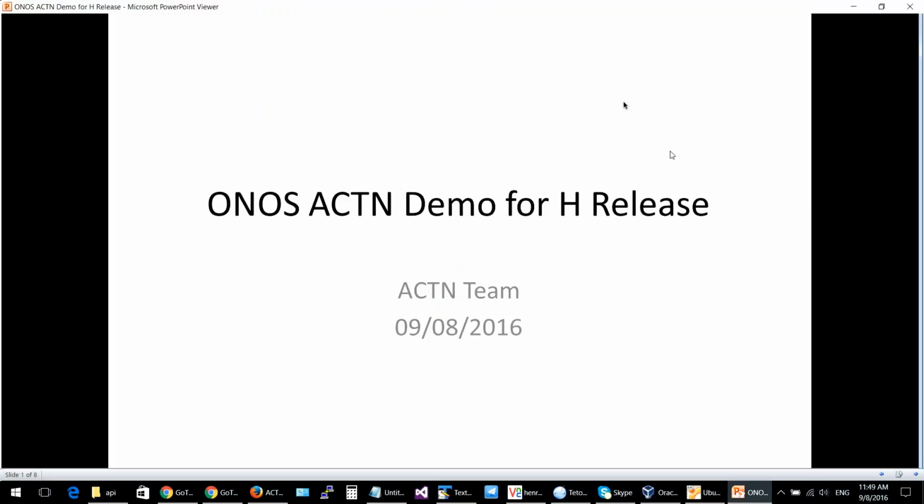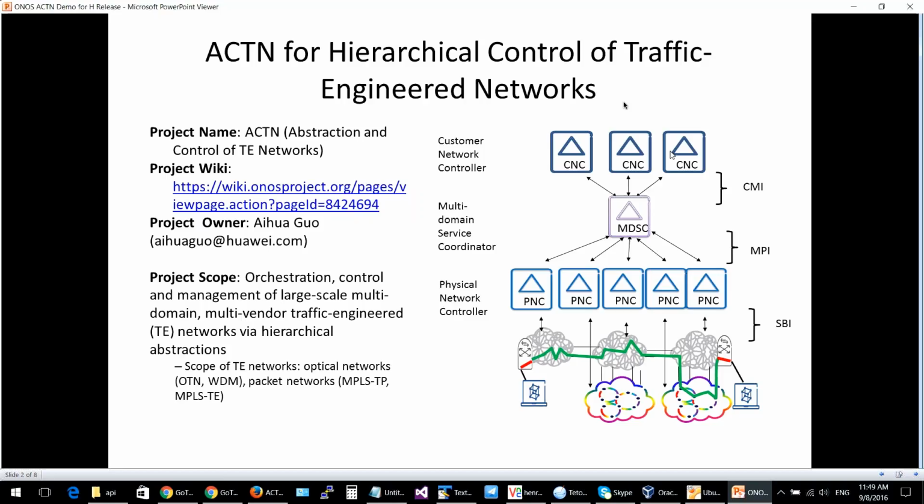Okay, great, guys. Thanks for the opportunity to give us a demo time window. This time we're going to do a ONOS ACTN demo based on the H release contribution. Here's a brief review of the ACTN projects. We have the project information on the left side, and on the right side is an ACTN architecture. Basically, we wanted to show